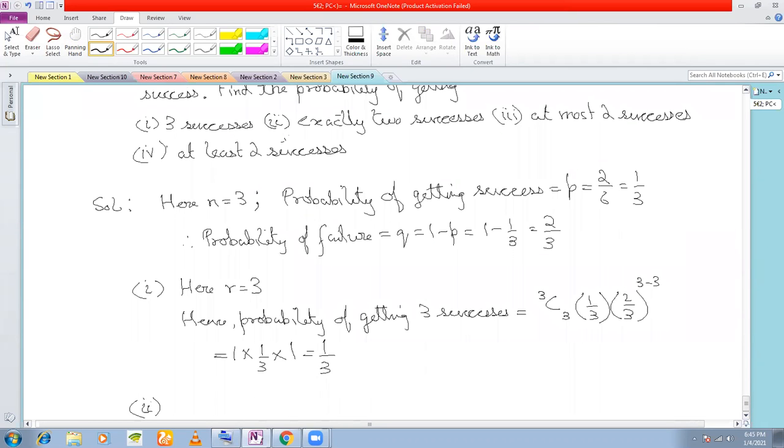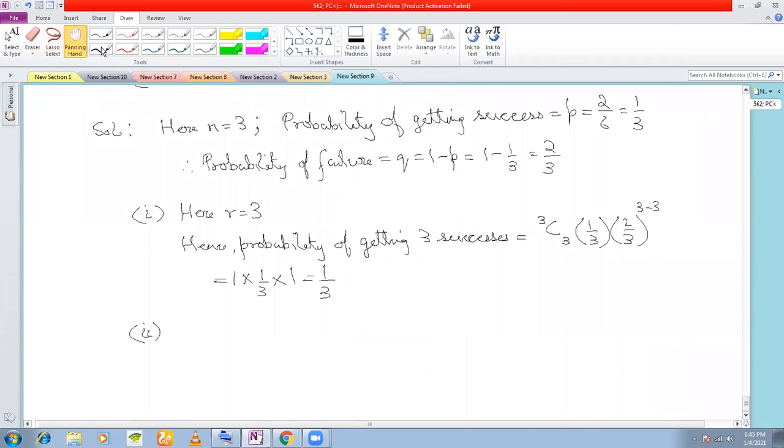Probability of getting exactly 2 successes. In this case, how many trials are there? There are 3 trials, right? And how many successes do you want? You want 2 successes. So what is the value of r here? 2, because you want 2 successes. Hence, the probability of getting 2 successes